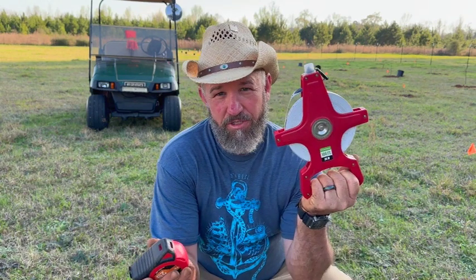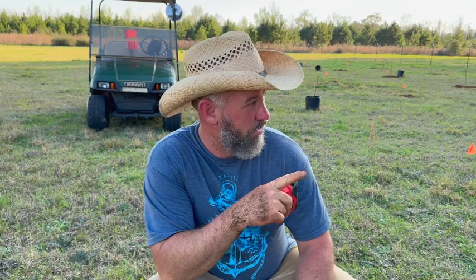Before it gets too much later, we're already starting to get evening shadows across the orchard here. I wanted to share with you how we're laying out our orchard. I got a 100-foot tape and a 25-foot tape. The first thing I did is I went to this first corner post down here, and I knew that I